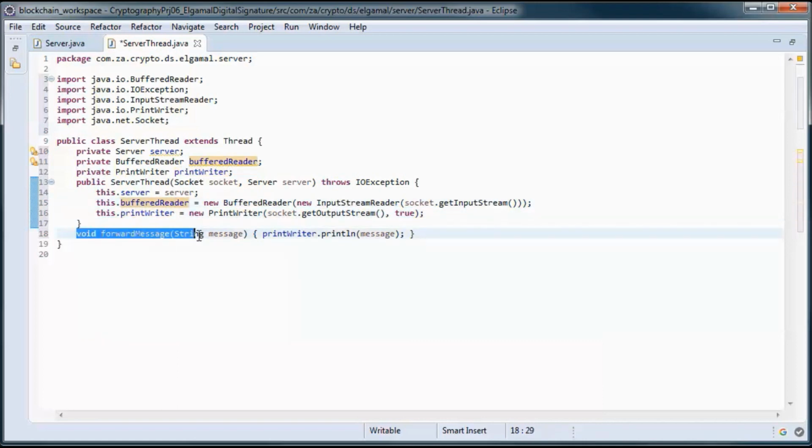And this method does message forwarding, so it uses this print writer to do that.